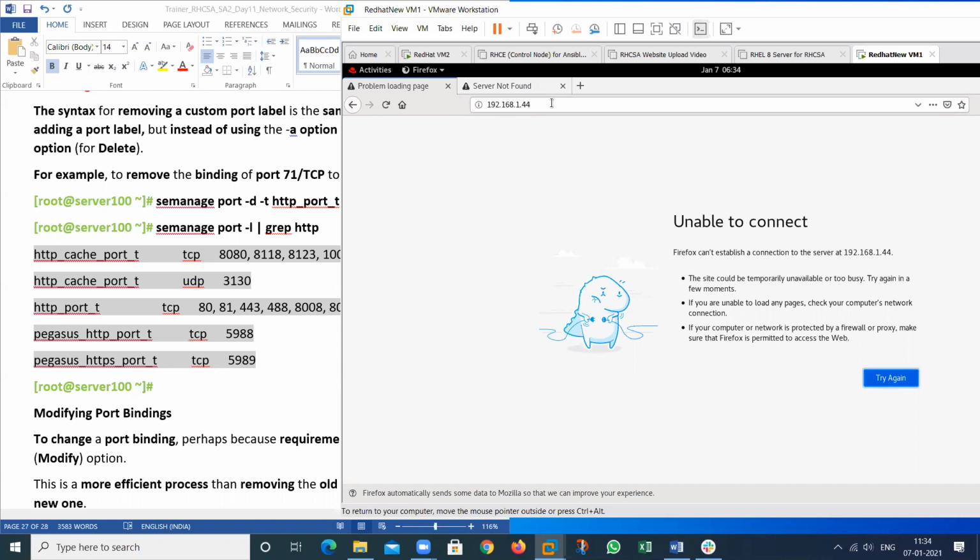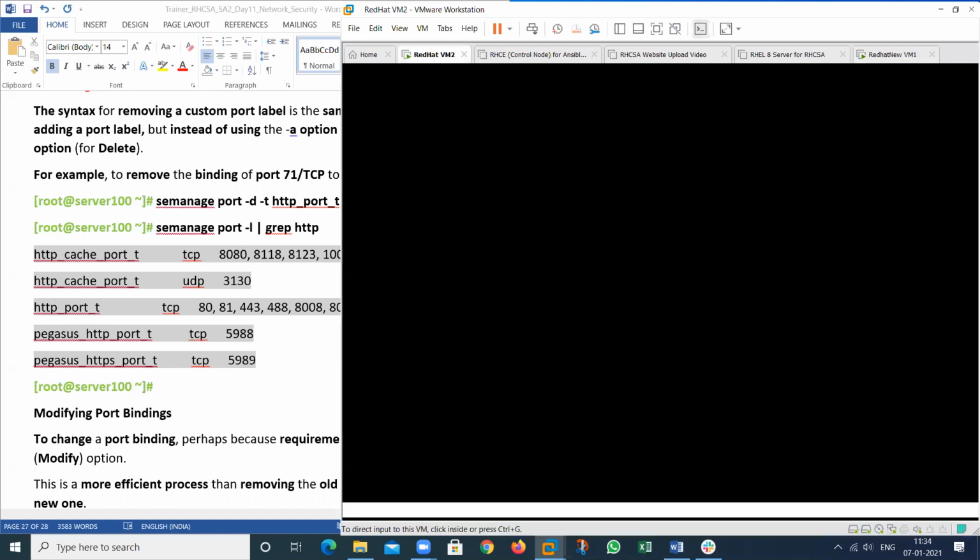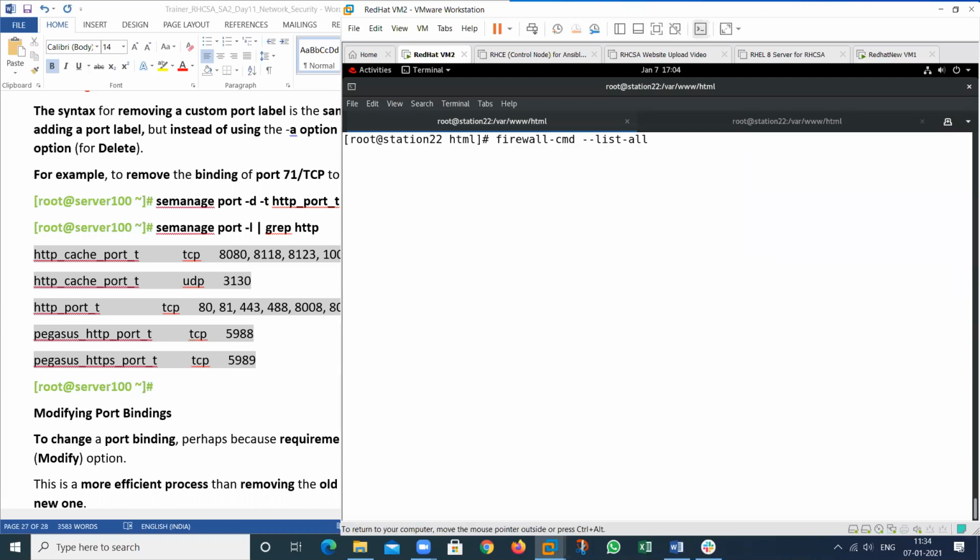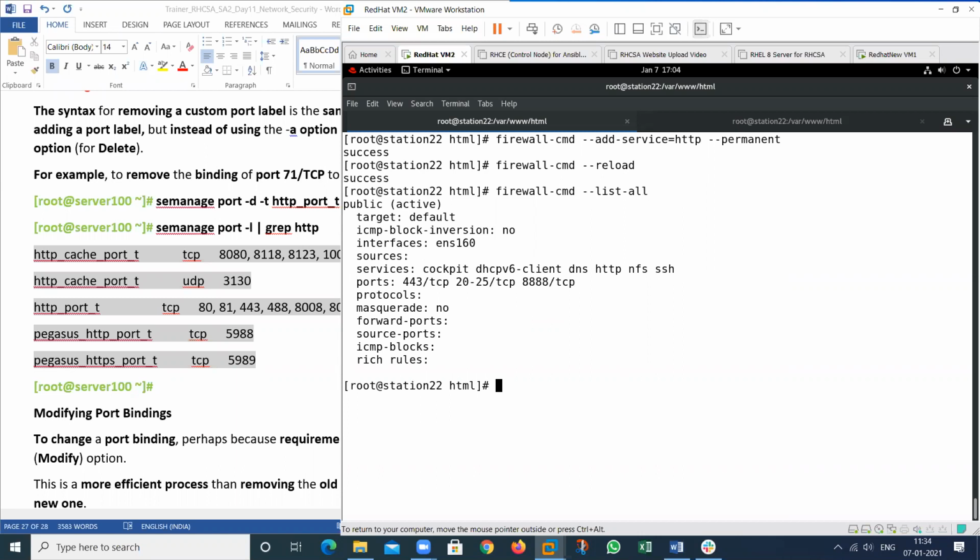Now all is standard, but not allowed. Then again, what will you do? Add this particular service, add service http, then --permanent. Then reload the firewall and list all again.